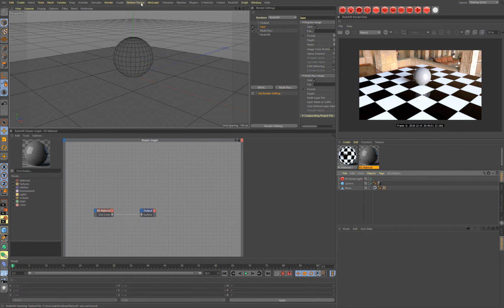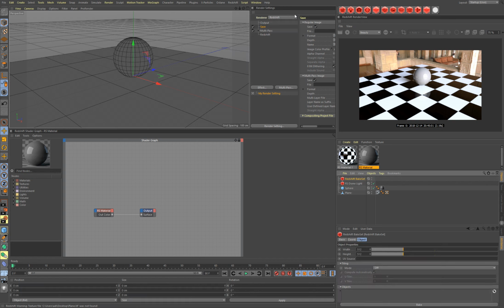So we go to Redshift, Objects, Redshift bake set, and that contains a list which is right now empty, so I'm gonna drag these two objects into this set, and then I can specify the width and the height of the actual textures to be rendered, and I can